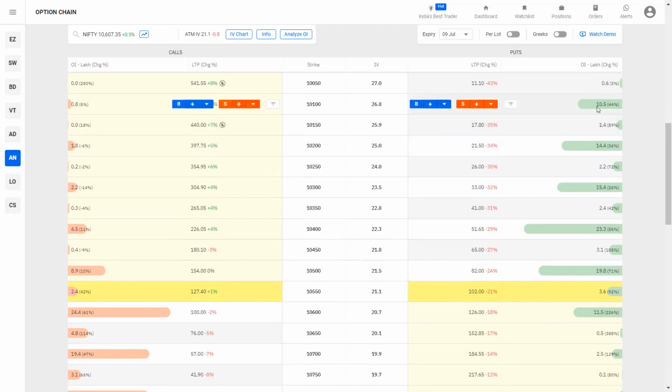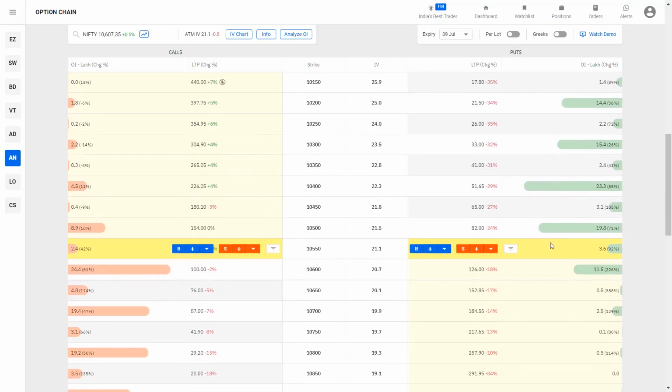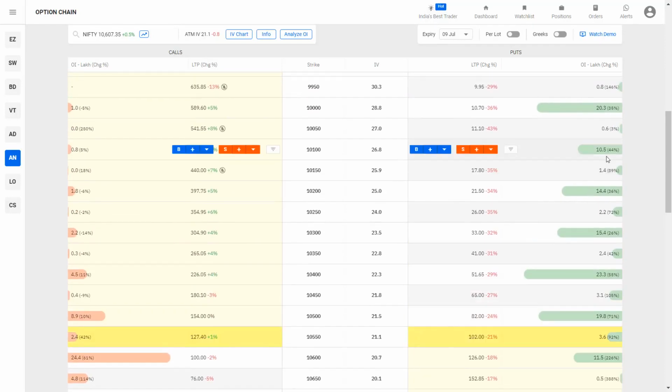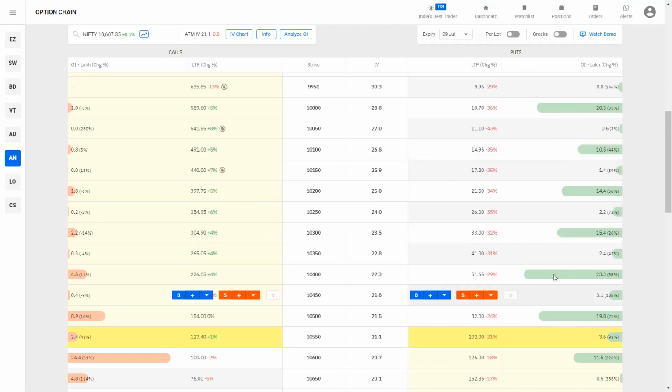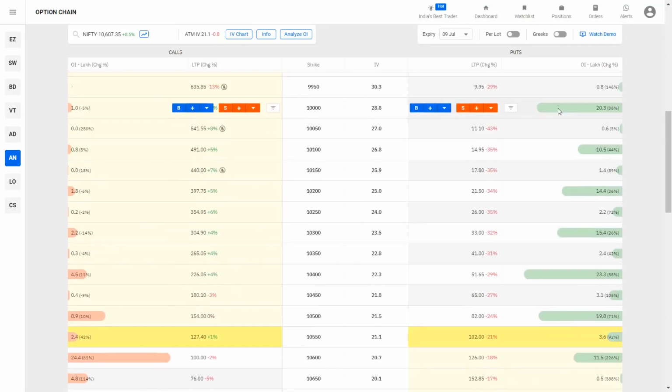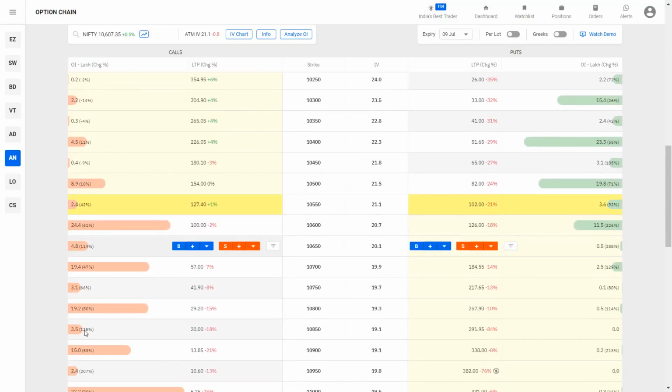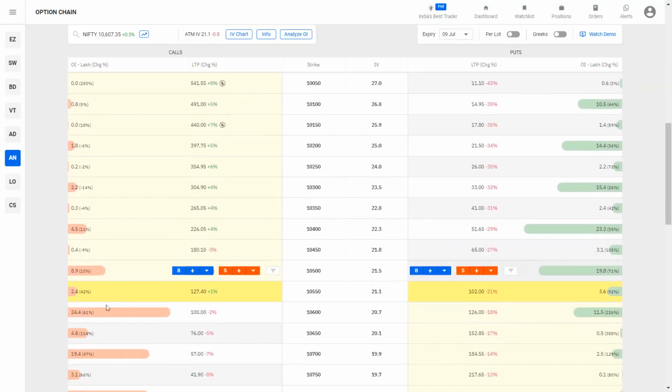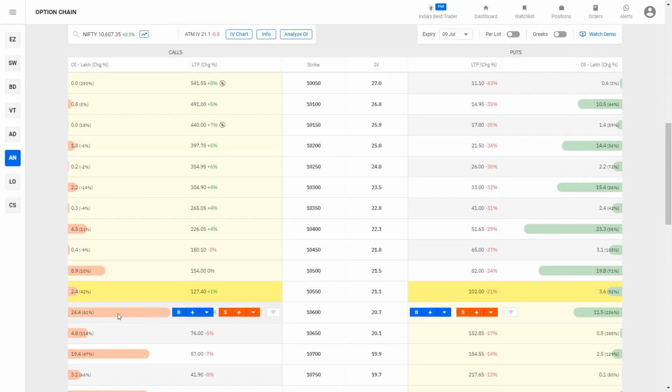So all of this means that somebody is willing to sell so many of these contracts, in the sense that a lot of big institutions come together and they are willing to take these bets on these strikes. Now what does that mean? So if somebody is selling a 10,600 call, right, it means that they are saying, I don't think this is going to cross 10,600, so I'm going to make the entire premium.